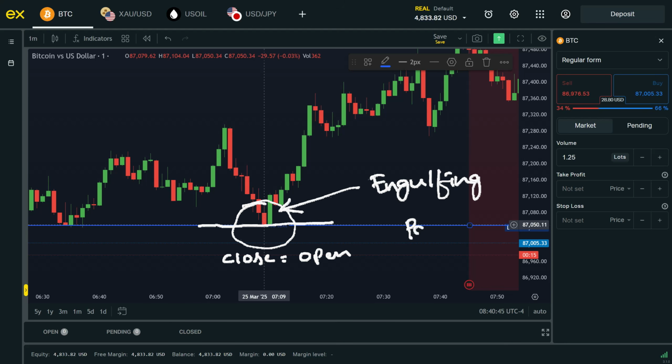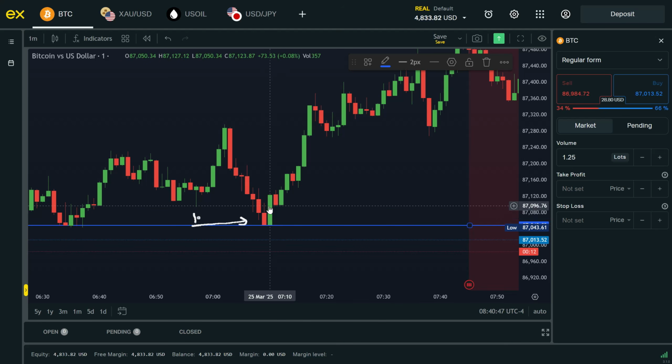The engulfing pattern is a strong indication of a trend reversal. It consists of two candles. The first candle is smaller, showing a temporary pause or hesitation in the market. The second candle has a much bigger body, completely engulfing the previous candle, signaling a potential shift in market direction. When this pattern appears at a key level, it suggests that the momentum is changing, making it an ideal point